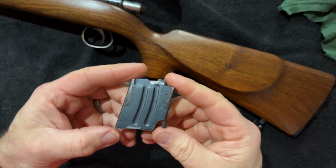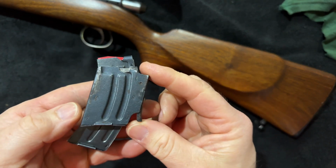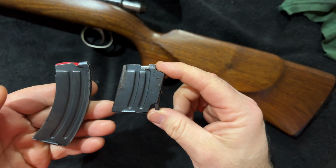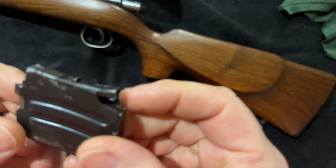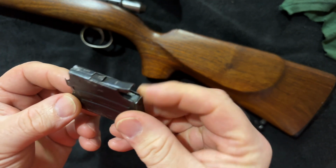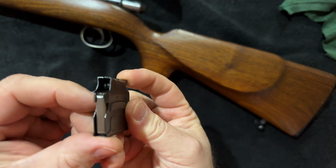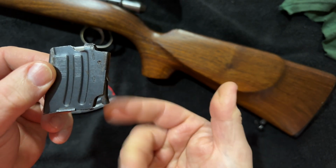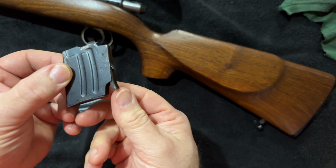So the magazine itself is a little bit wider than a standard Mark II magazine, and that is, of course, because the catch is built in. Now, the catch is a pretty straightforward affair. It just has this body and then a spring action on the backside. So it functions exactly like a magazine release would on a Mark II, for example, or a CZ, only it's